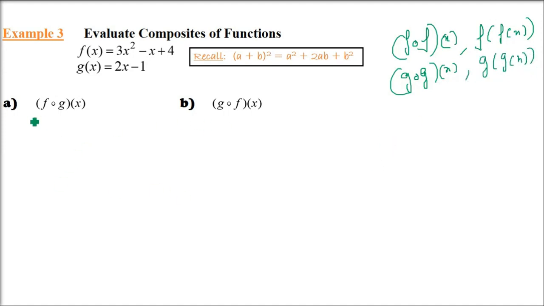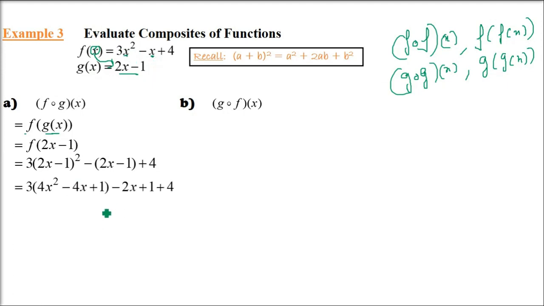These are also operations, but the way is the same. The way you have to do it is absolutely the same. So fog x is basically f of g(x). So you have to put g(x) inside f(x). Take g(x) and put it wherever x is there in f, in place of x. That is, wherever you have x in your f(x), put g(x). So put 2x minus 1 in place of x in the f(x).